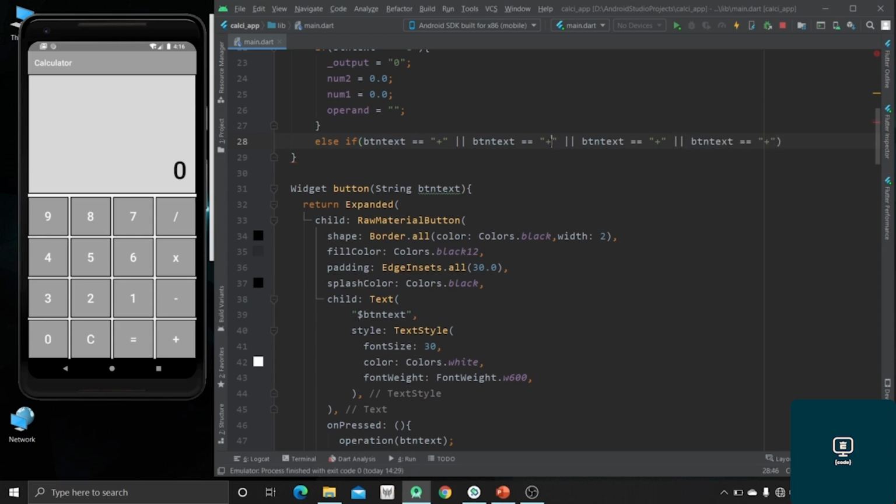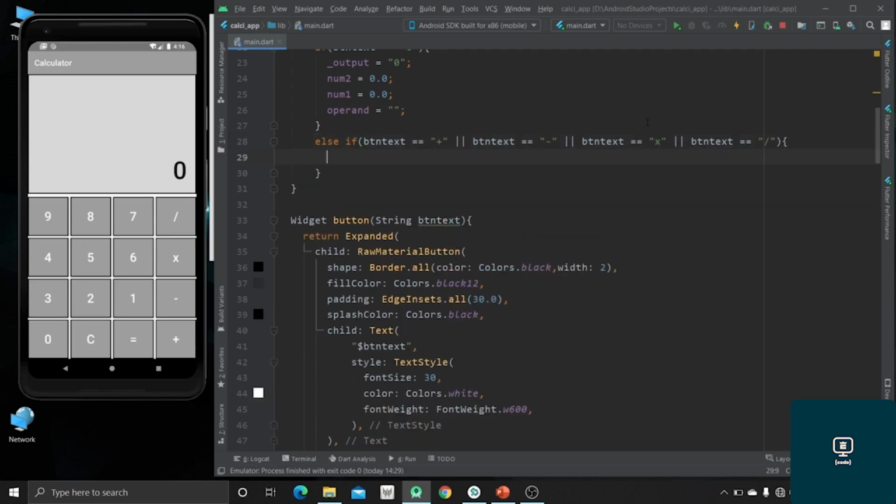So if it is plus or minus or multiply or divide, so when any of these conditions is